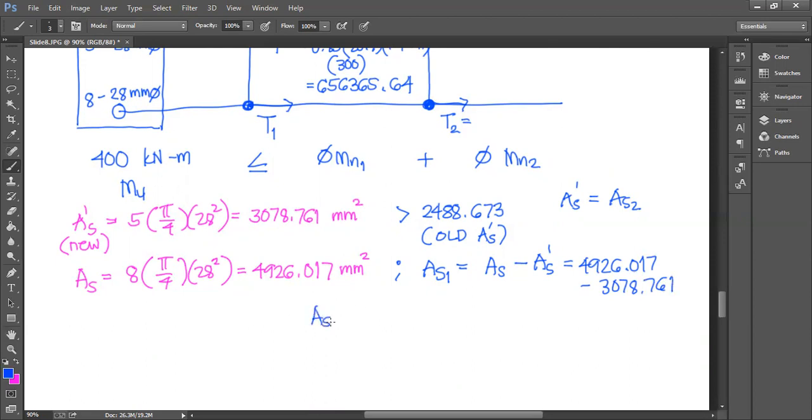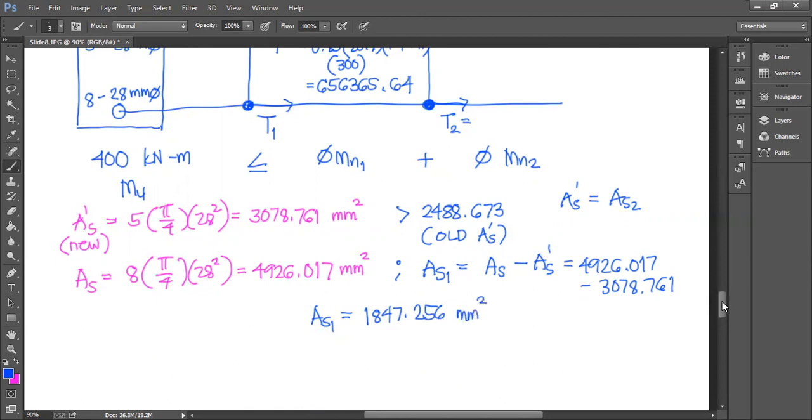Therefore, yung AS1 natin is equal to 1847.256